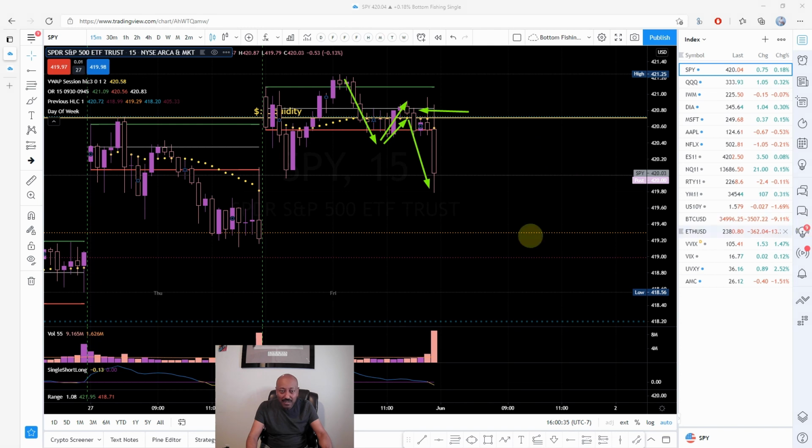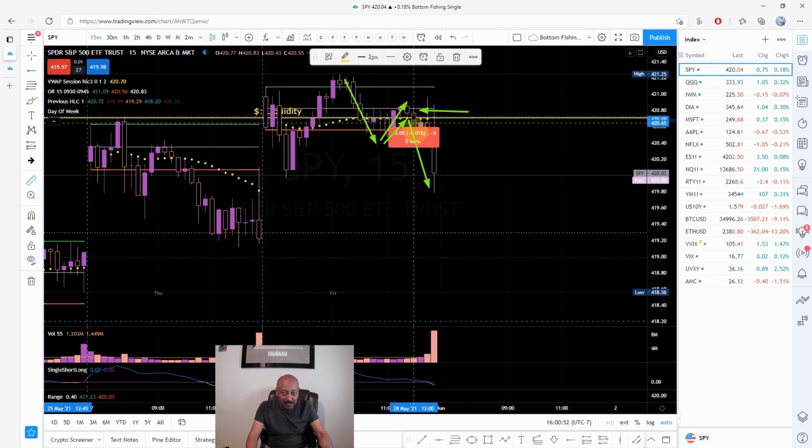And where would my target be? Where would my target be to the downside? From somewhere from here. So this is taken care of. This is taken care of. So I can target these lows, and then next I can target this price area. So from wherever that entry is, the 70 cents is not enough move. So if I was to take a position, then it's definitely to target these prices here.